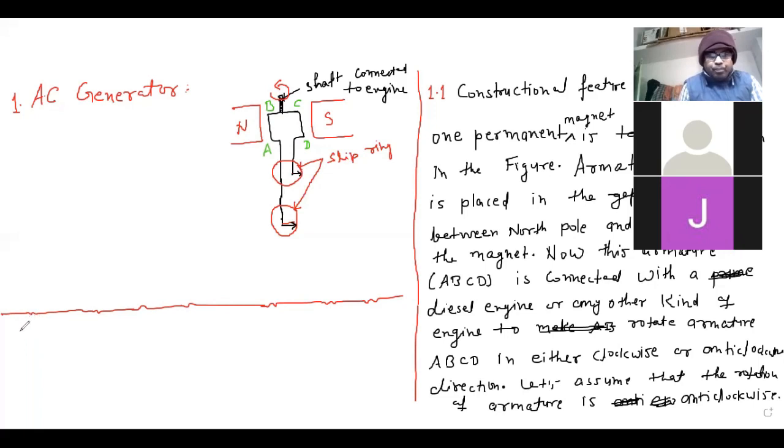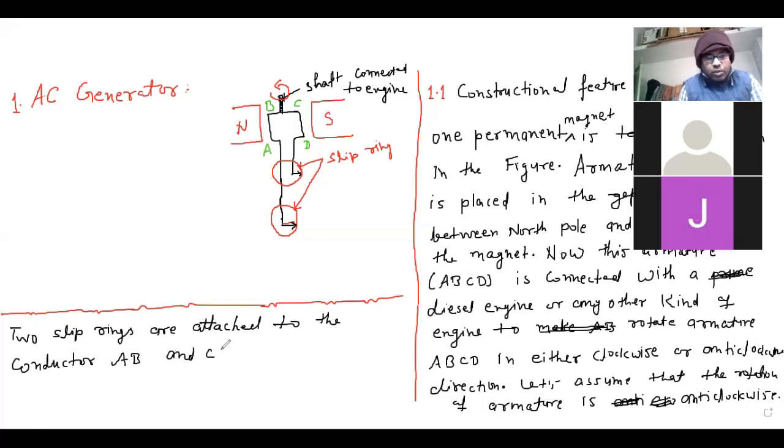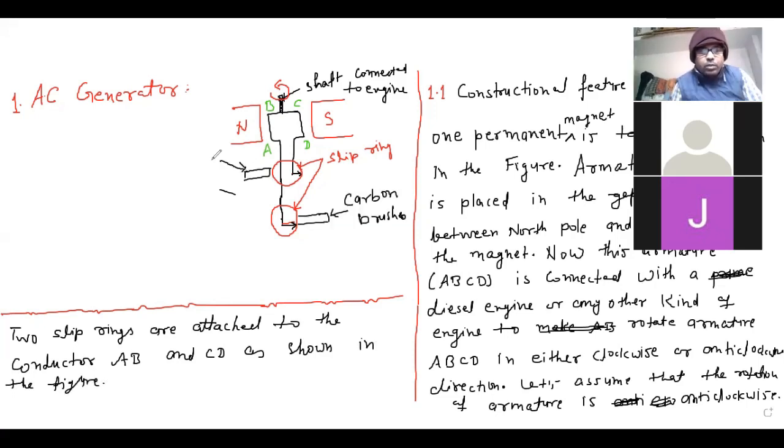सो यहाँ लिख रहे हैं कंस्ट्रक्शन फीचर में ही, two slip rings are attached to the conductor AB and CD as shown in the figure, as shown। ये भी है कार्बन ब्रश, कार्बन ब्रश।